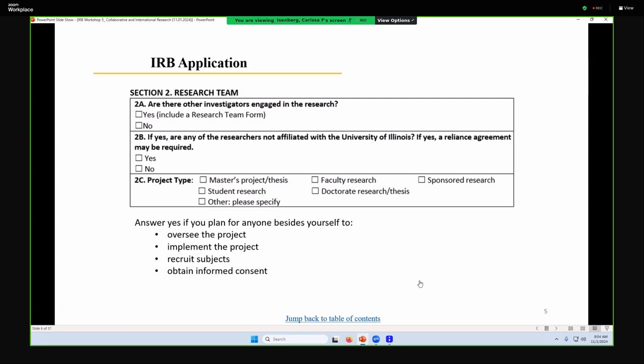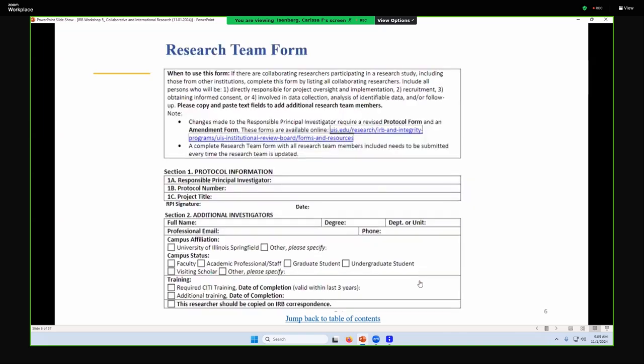If they are only getting the informed consent, that is still part of the research. If they are collecting data, analyzing the data when it is in an identifiable form, if they are following up with subjects, in all of those scenarios, you will answer yes, there is a research team beyond myself, so I need the form. Which separate document looks like this. In previous trainings, I've gone over how to fill this out, so this is just not going to go that in depth. But you would choose that they are an affiliate of the University of Illinois Springfield. And with that,